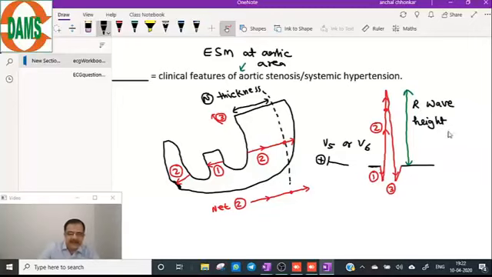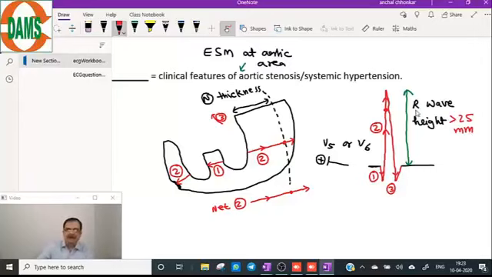It is more than 25 millimeters. This is a fact-based question. Why in RVH no third event? Yesterday we did it. V1 does not detect the third event. Yesterday we have done this, so revise the previous notes. It is a link to your basics that you have done earlier.